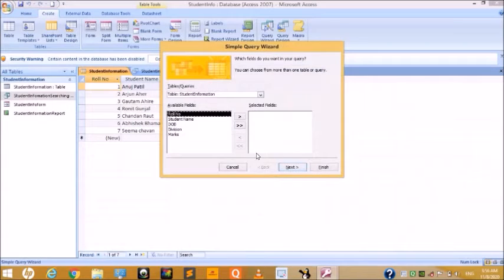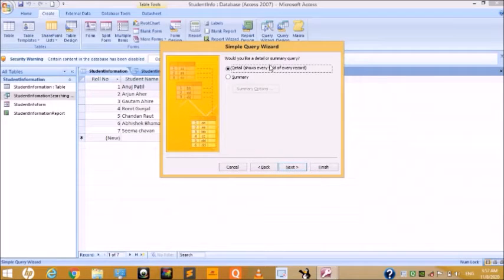Immediately the Simple Query Wizard dialog box appears. Which fields do you want in the query? You can choose from more than one table or query. For example, we choose the table, and these are the available fields and selected fields. I select all the fields. Next.